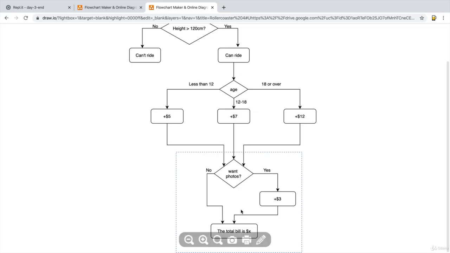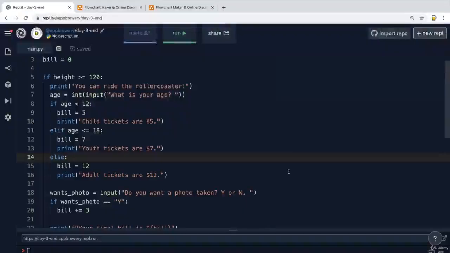And once you've had a look at this flowchart, then compare it against the code. And the way that the code works should be a lot more obvious. And once you're happy with the code and this concept, then I want you to head over to the next lesson